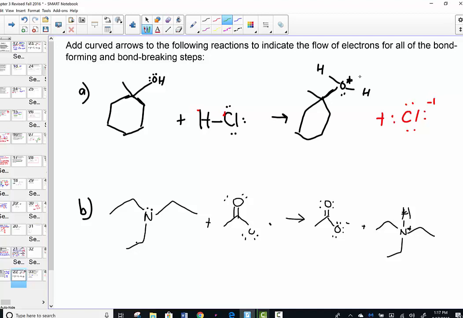And over here on the product side, I see that it's attached a new hydrogen. Remember, this is a very polar bond for HCl. I have an electron-rich area on the OH negative, and I have an electron-deficient or electron-poor area on the hydrogen